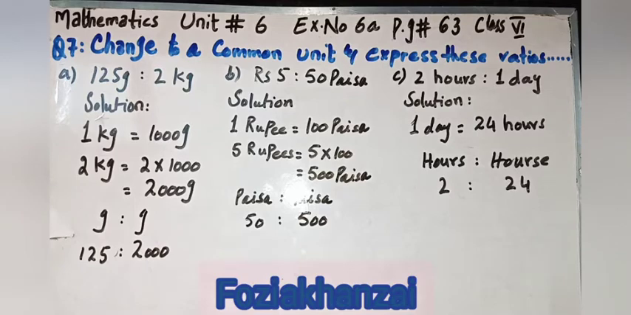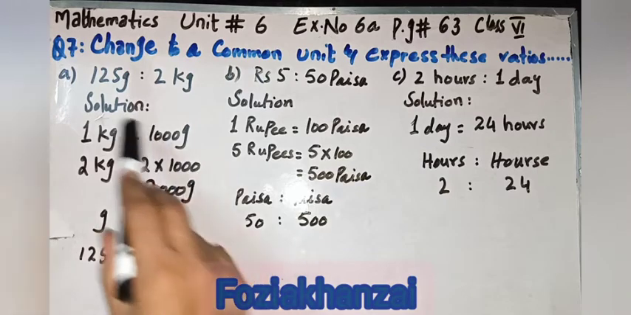Unit number 6, exercise 6A. In the previous video we did question number 6. Now in this video I will explain question number 7. According to the definition of ratio, ratio is a way to compare the magnitudes of two quantities of the same kind. Girls, your question is